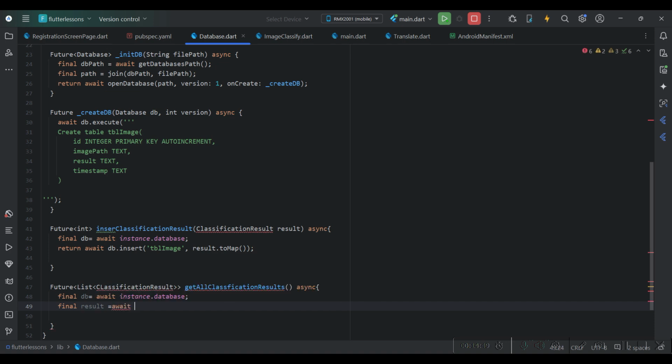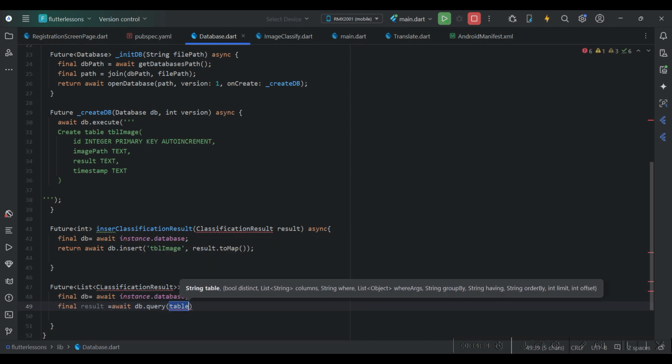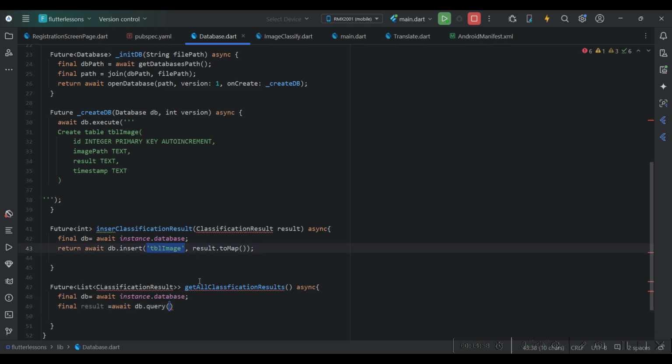await db.query. In that query we are going to get the classification result from this one. Then return. What we're going to return is result. So this line exactly we are going to do a little later, and how exactly we are going to do this, we'll see later. So we stop it here, and then we are going to create a model of what data is being